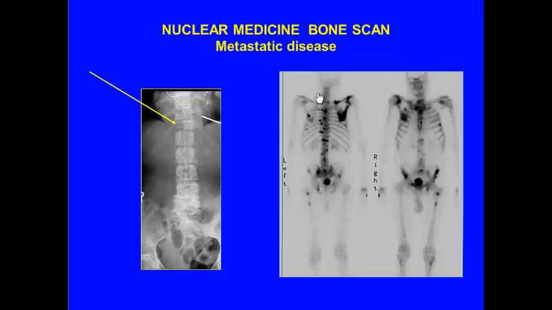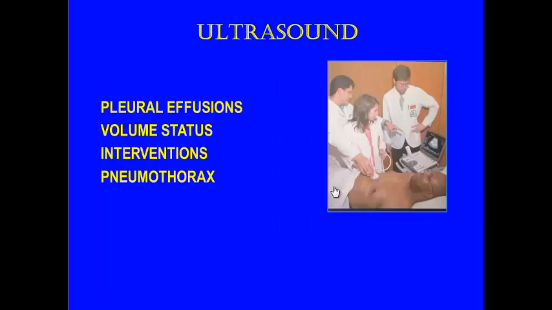Well, what else can we see? Well, we can evaluate the whole body and the skeleton as well. Here, we're seeing multiple metastatic lesions throughout the spine on that bone scan. Ultrasound, not really used as much. Pretty good, though, for evaluation of pleural effusions, and especially in the emergency setting, we can evaluate the volume status,